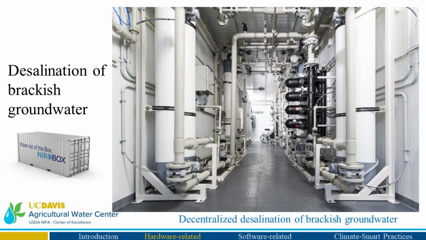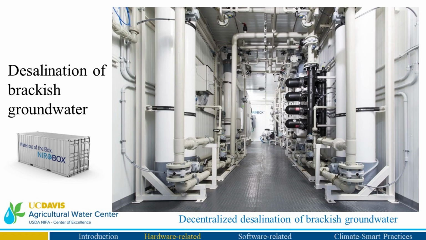The other technology that I think can make a very big difference is desalination of brackish groundwater. Especially in dry climates, we have brackish groundwater. Brackish groundwater is basically groundwater that ranges between 1,000 to 10,000 parts per million of total dissolved solids. You can't use it in its natural state, but you can, with minimum cost, desalinate it to a level that is usable. This is not seawater salinity levels. This is brackish water.